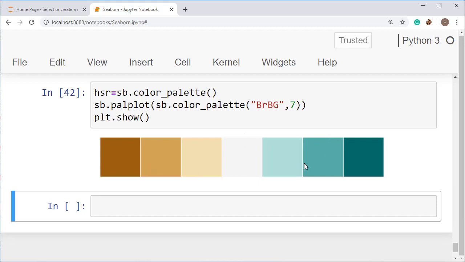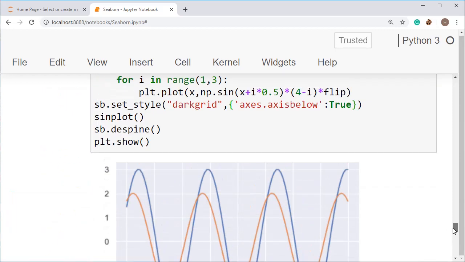Okay, now I am going to show you how to set the default color palette. You don't have to set anything actually, but see here how to use it. We have already used it in this graph. We have already set the style, now set the color palette.